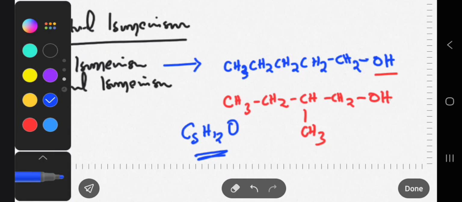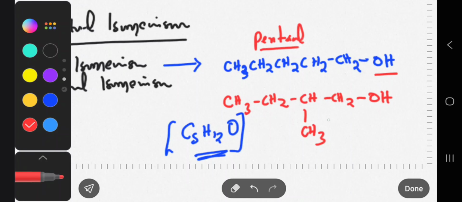So this is also 3, 4, 5, 6, 7, 8, 9, 10, 11, 12. So this is their molecular formula, but if you look at them structurally, they are different. The first one is 1, 2, 3, 4, 5. It's a pentanol. So I can have here, this is pentanol,